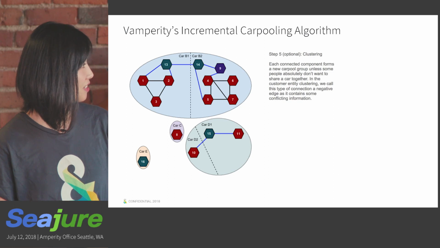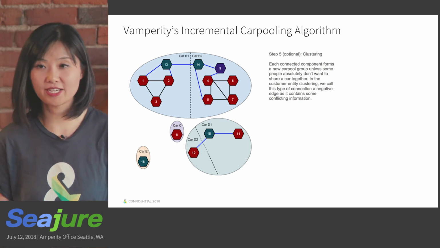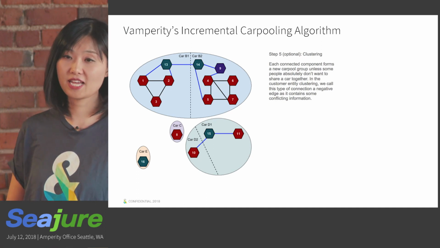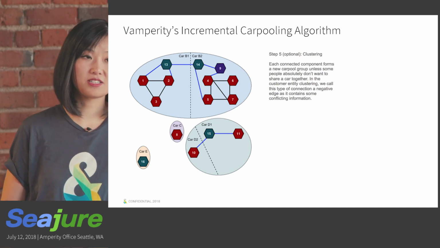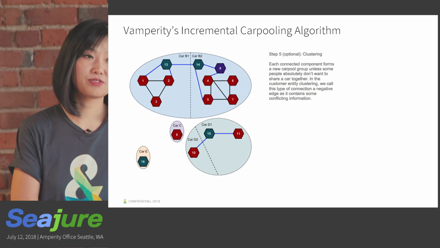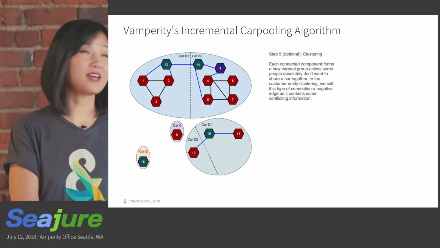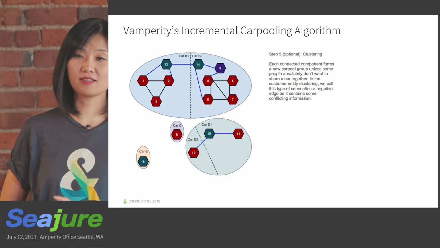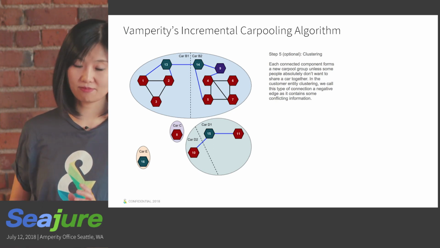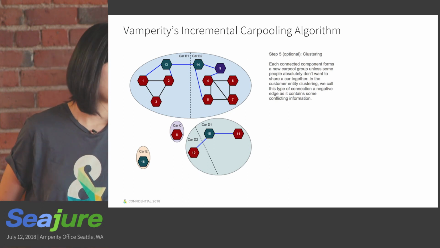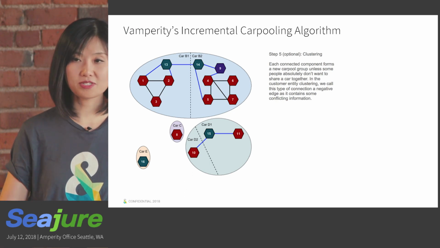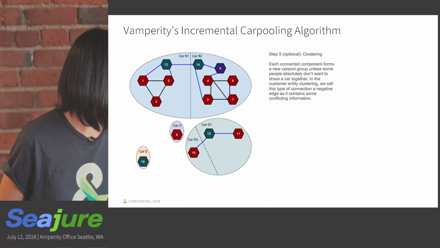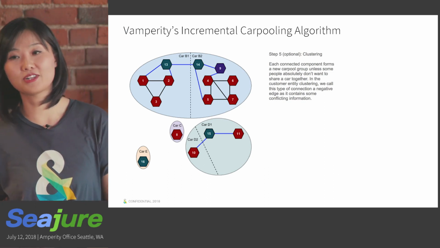What's next? Clustering. It's really hard to fit 10 vampires in one car. So some clustering algorithm can be applied to break them apart. And some vampires absolutely don't get along. They can't stay in the same space. It's like hard conflicts. You can also use some clustering algorithm to split them apart. And then you can have your final clusters.